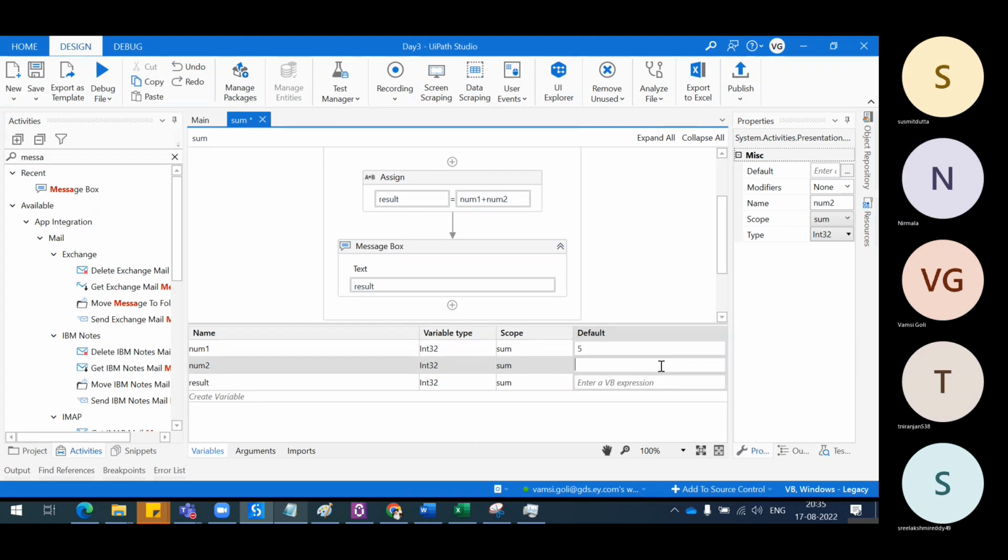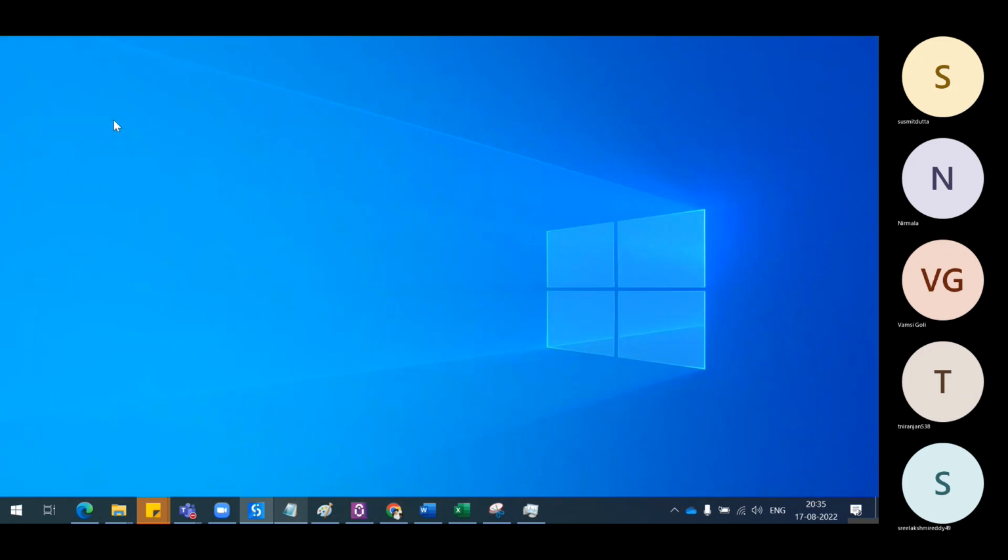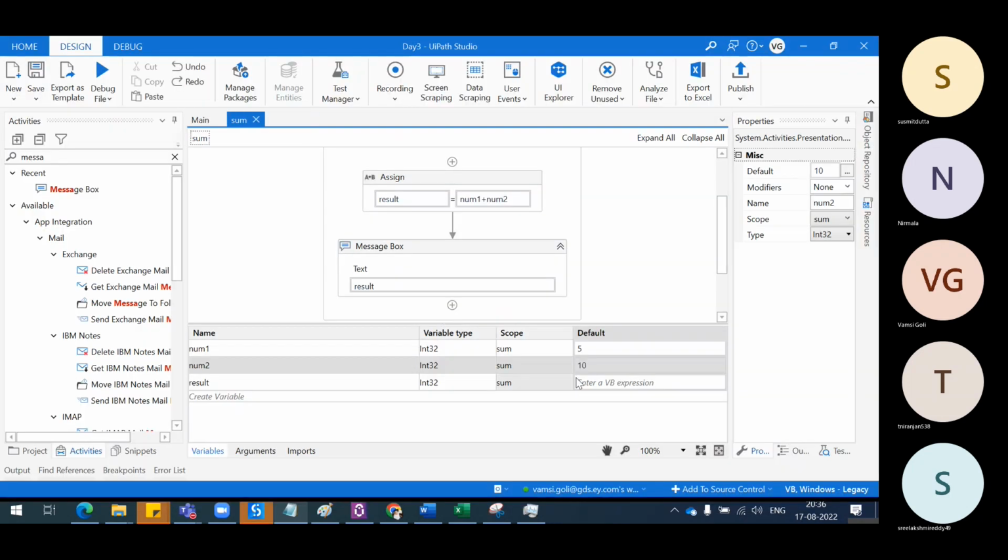Let's say 5 and 10. Now I want to run this and quickly show you the output. Another concept related to this example is very important. The answer is 15, because the first number is 5, the second number is 10, the sum of the two numbers, and the result is